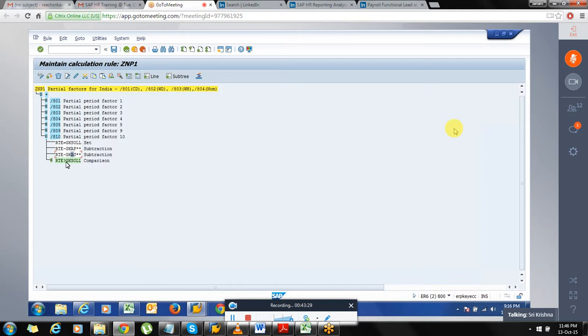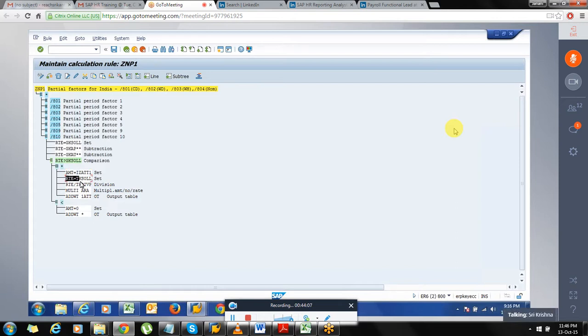Even if it is not equal to 30, I am again taking GKSYLL, comparing rate question mark, followed by the same operand. If it is not equal to 30, it will be less than, right? If it is less than, I am not generating any amount. If it is equal to 30, there won't be greater than, because we are subtracting something from the same operation. So I am getting an amount from constant table 511P, if you use I.